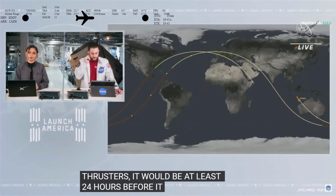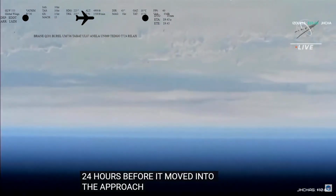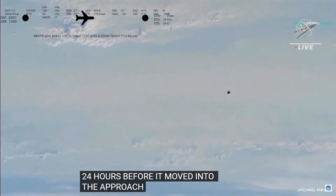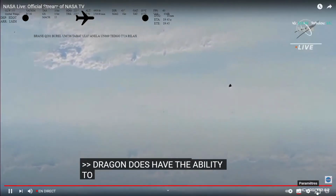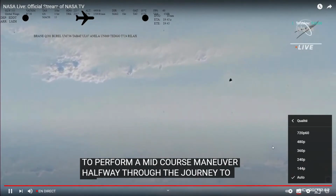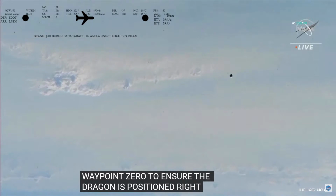Approach initiation burn should be ending here shortly. Dragon does have the ability to perform a mid-course maneuver about halfway through the journey to waypoint 0 to ensure the Dragon is positioned right under the station 400 meters below. We've got this really very cool view on your screen of Dragon